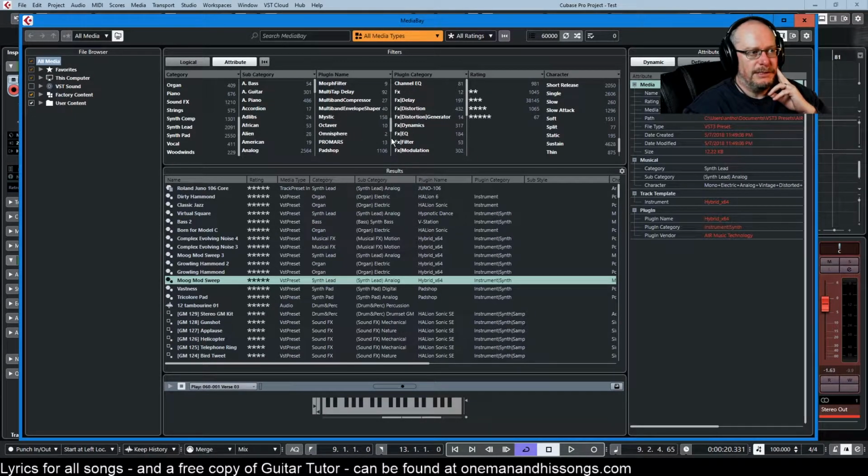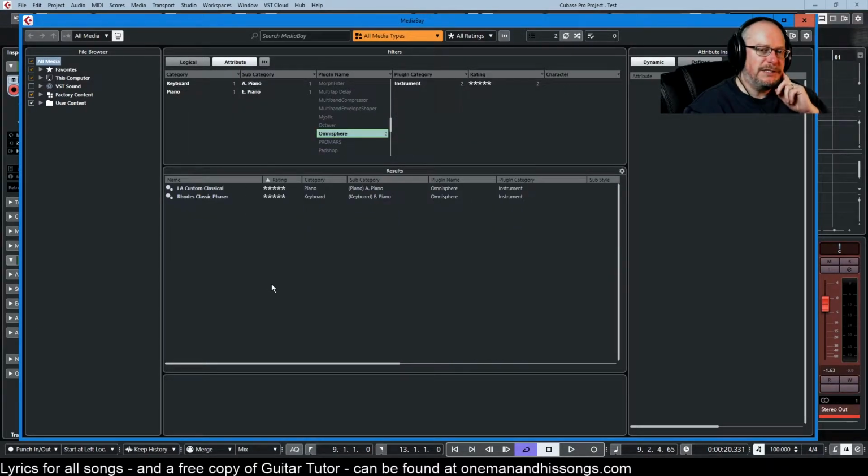Omnisphere. See, there are 2 presets in Omnisphere. Well, that's not true. Omnisphere is one of the biggest preset-laden VSTs out there. Something like 10,000 at a guess. It's absolutely crazy. So why do we only see 2? It's because